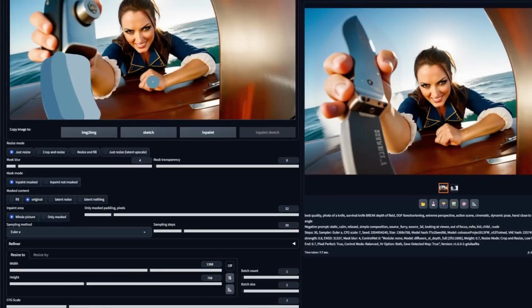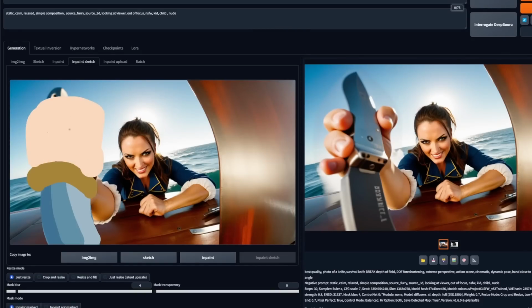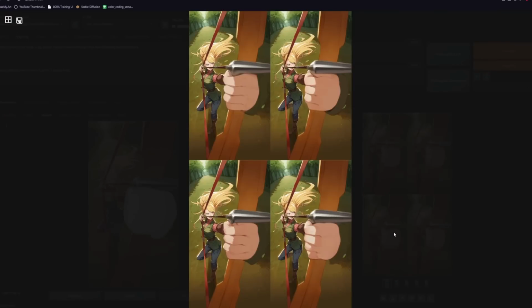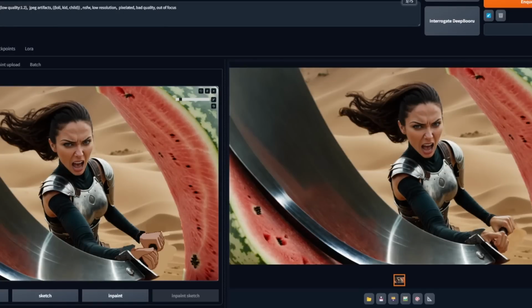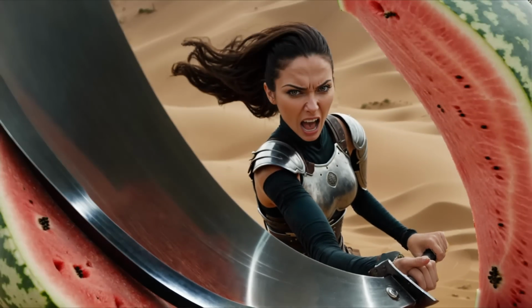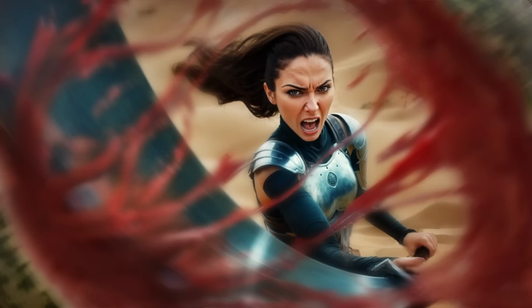Also, this is where you would import your depth map for hands if you made one. You can also try to draw some basic hand blocks with InPaint Sketch, and that can sometimes be enough for AI to see what you want. It worked for most of my other ones, but not in this case unfortunately. Not gonna lie, these are probably the worst hands I've ever had to fix. And they are not even perfect either, but it doesn't matter that much because we are about to hide them with the last thing we will use AI for in this image.